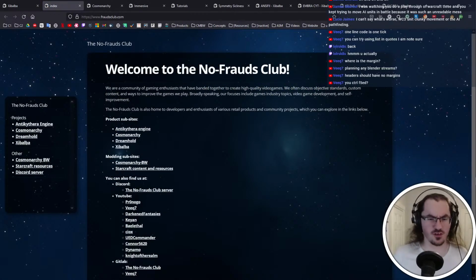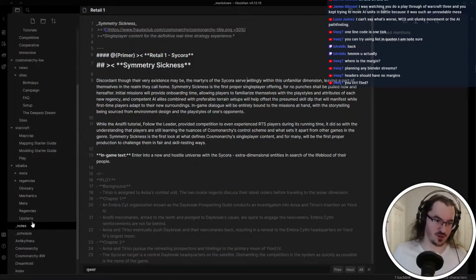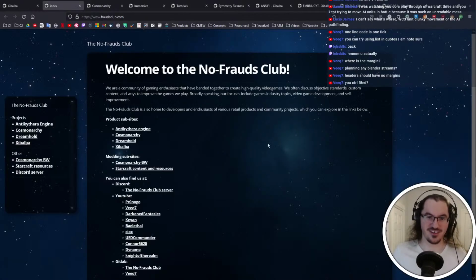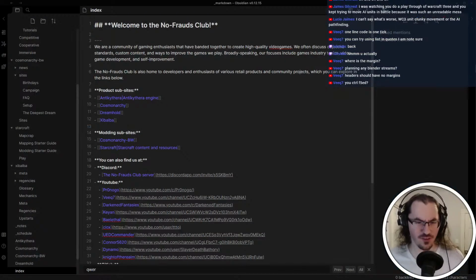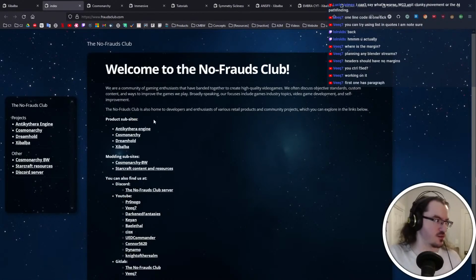Oh no, never mind. There's still a gap here. This is weird. Okay, let's take a look. This might be a good test case. If I jump into the index here, so we have product subsites with a margin, modding subsites without a margin, and you can also find us at without a margin. And they're all the same? Like, nothing different about them. Oh, one thing that is different about them is... Oh, no, even this is... The only thing that's different here is that this is a local link with a custom title, but I don't imagine that that would cause some issues, so...